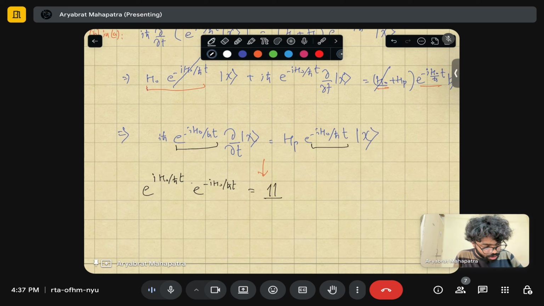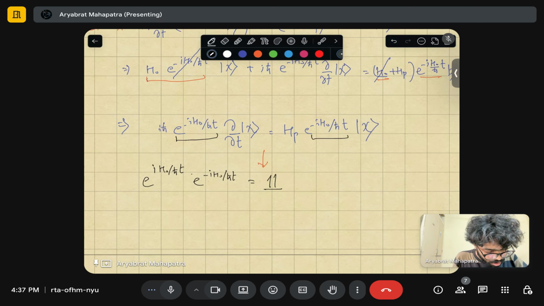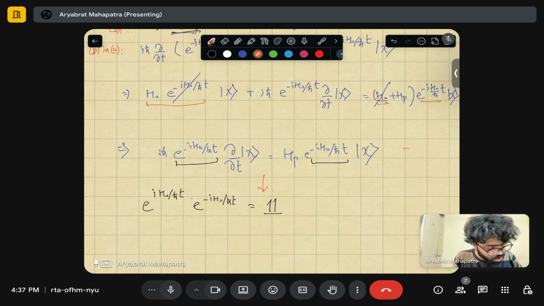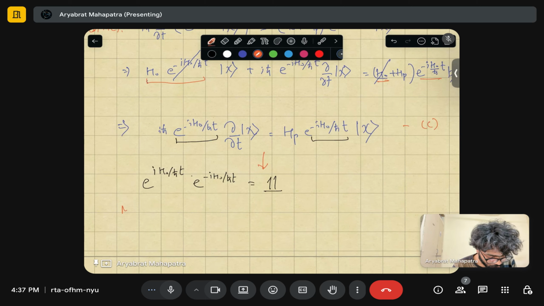But here, what is the problem? If I multiply exponential I h0 over h bar t from the left on the LHS and RHS both sides,